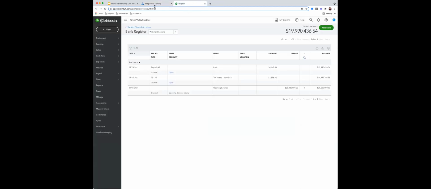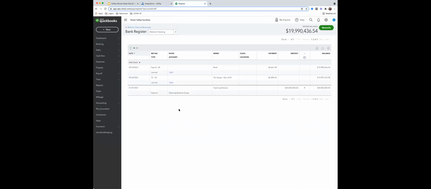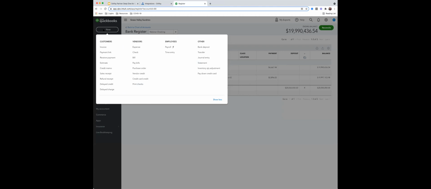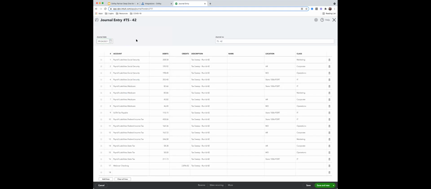Can you go to one little thing for me in QuickBooks? If you go to the plus sign and do new, right top left here, and then under other, go to journal entry. On the top left of the screen, there's a little clock. It's going to show you your most recent journal entries. So if you want to go back to one, that's a great way to quickly go and find it. That's a really nifty pro tip. There you go. See the journal entry.